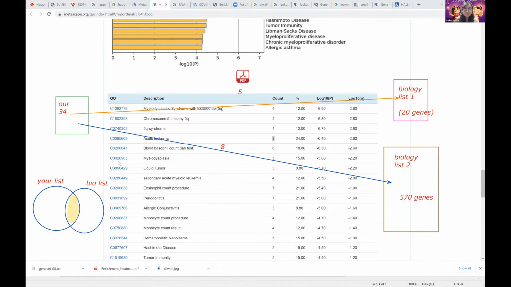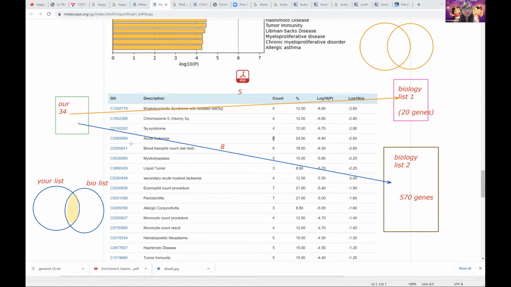But you're also comparing it against the case where you didn't have your list: what's the commonality between them? If you also randomly came up with a list of the same size by randomly looking at the genome,